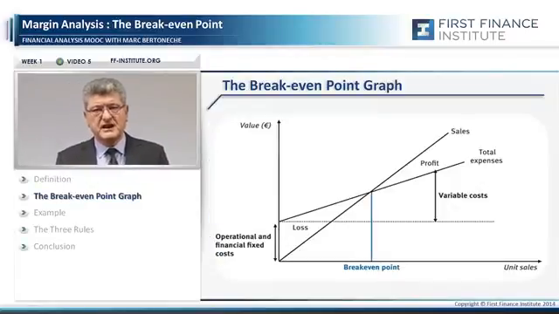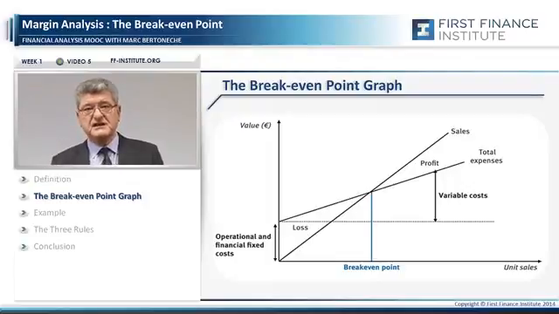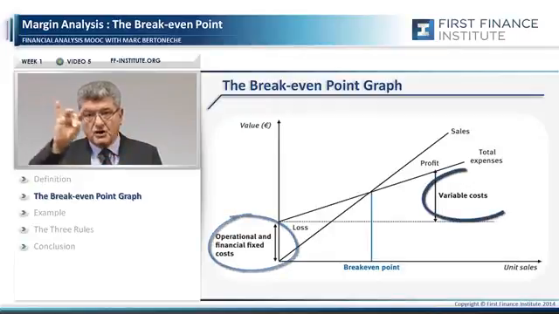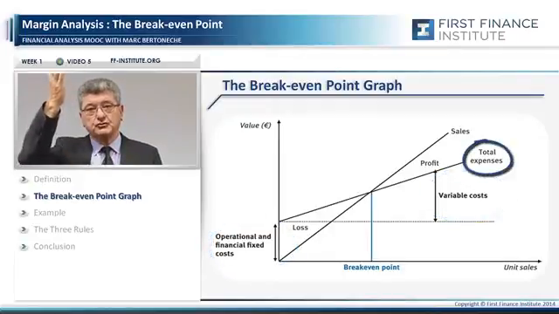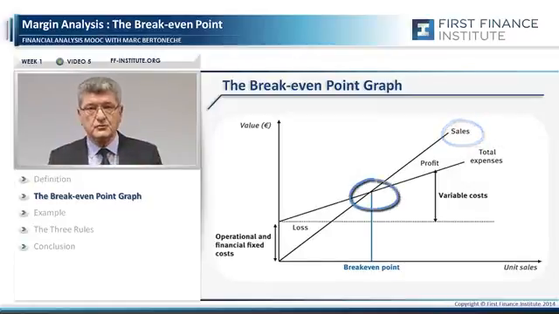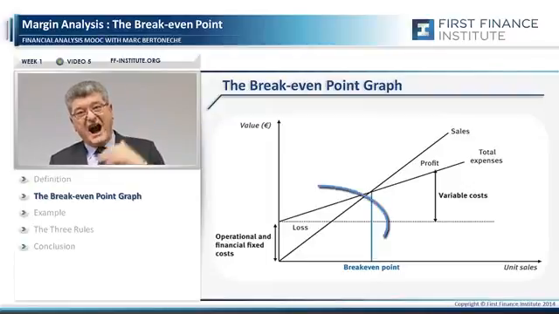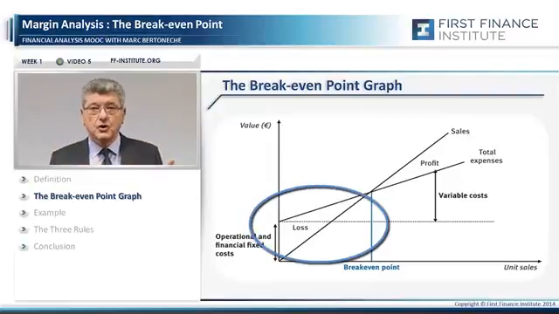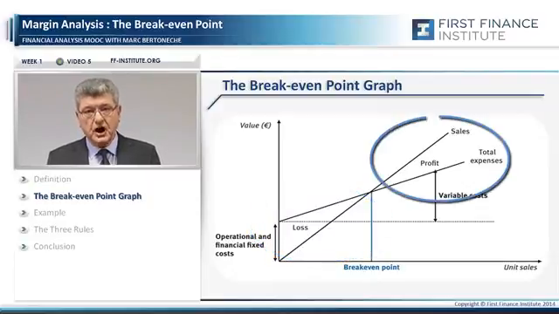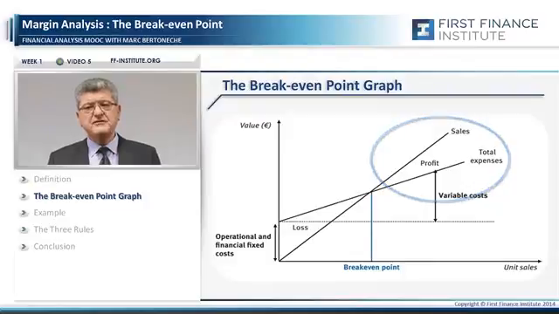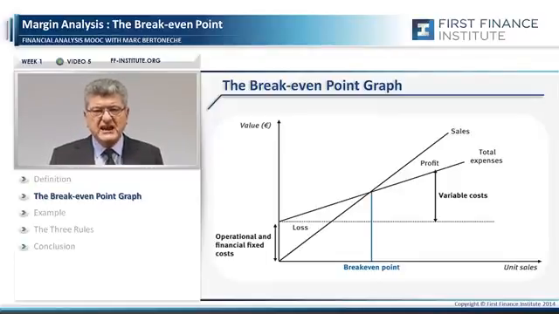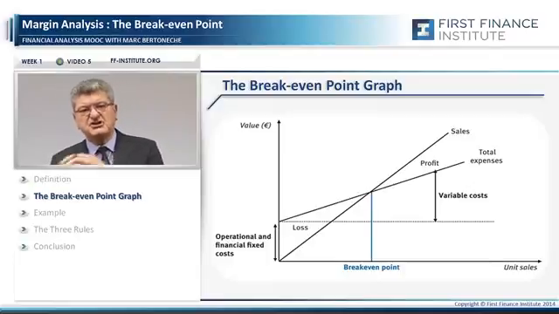Let's summarize the break-even analysis with the very well-known graph. You see on this graph that you have the fixed cost, and you have the variable cost that you add to that to have the total cost, and your total revenues. The crossing point is the break-even, where you go from a situation where your costs are higher than your revenues to a situation where your total revenues are higher than your total cost. This break-even analysis is essential because it is the basis of understanding the so-called operating leverage, which links the change in the level of sales and the change in profitability.